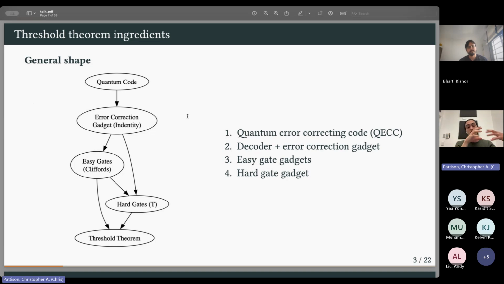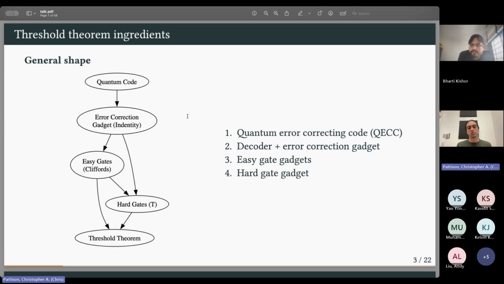And then once you have the error correction gadget, then you have some set of easy gates. Frequently, these are Clifford gates. In our case, they'll be Clifford gates actually. And then you typically have some hard gates. So this is frequently something like T or CCZ. So you may have heard of gate teleportation, magic state injection, all this stuff is related to techniques to get this hard gate in the gate set, because we can't have